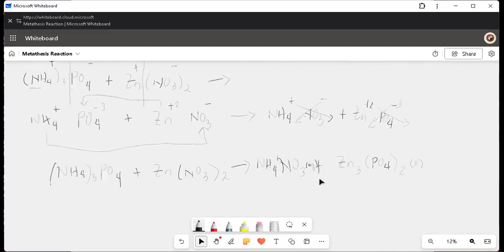Again, as of now, I am not requiring you to balance the equation because that is a separate lesson. I just want to teach you and for you to know and to learn how to predict the product in the metathesis form of reaction. What we are doing right now is just the basic form of the metathesis reaction. The advanced forms are not included in this lesson.